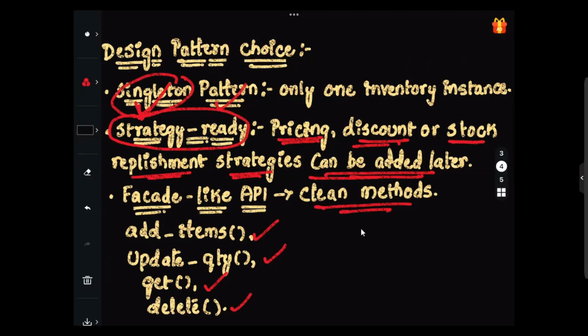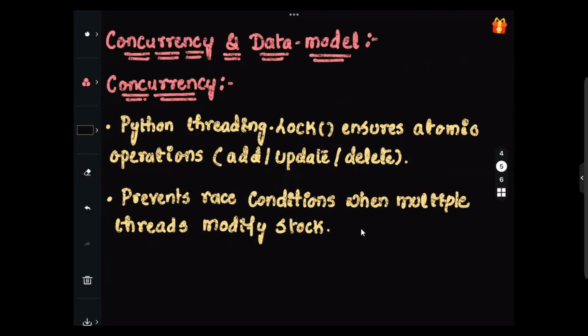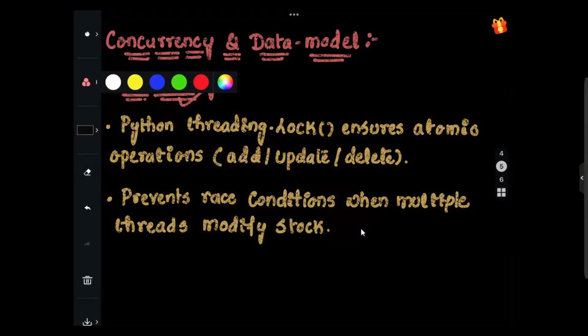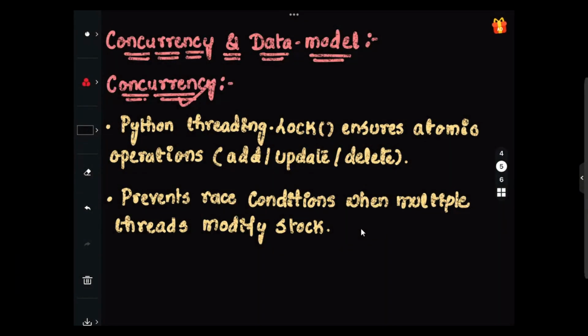Now we have discussed the main part, the algorithm choice as well as the design pattern choice. Let's move on to the further things, concurrency and the data model part, right? Concurrency, we have already discussed that we will be making use of the threading module, right? So from the threading module, we can just go with a Python threading.Lock basically, which